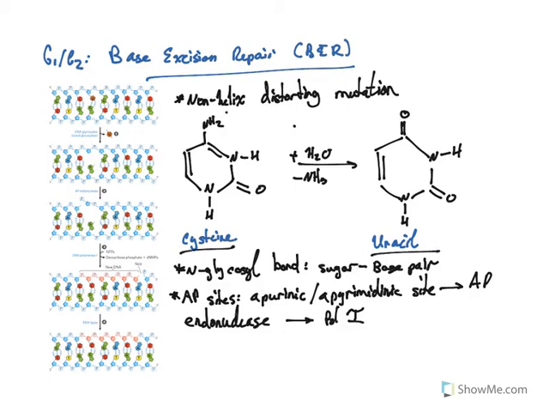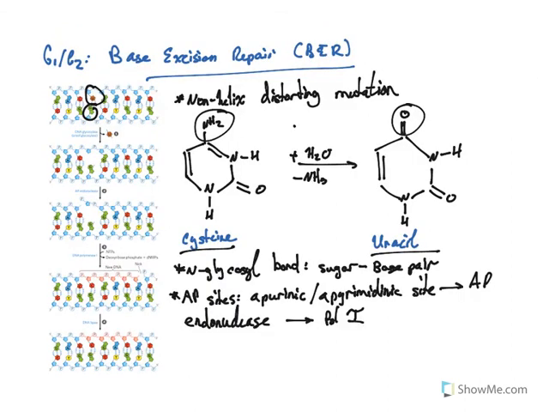As you can tell here, this NH2 is essentially replaced with a carbonyl. And as you can tell here, here's guanine. It's supposed to be bound to a cytosine. Well, in the presence of heat or other chemical agents, this cytosine can be deaminated into uracil. But we don't have a helix kink, as in the case of the